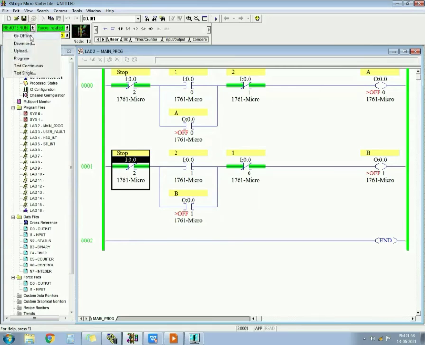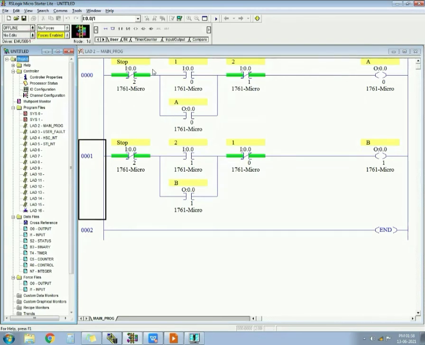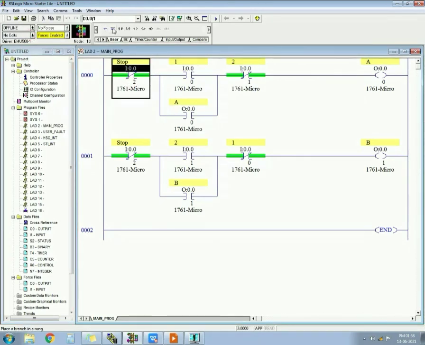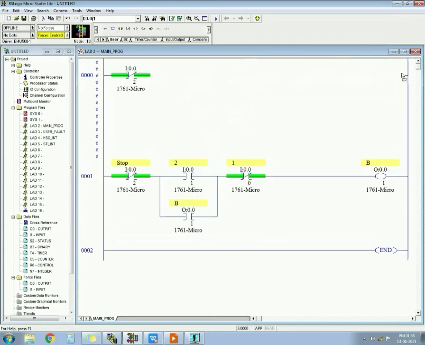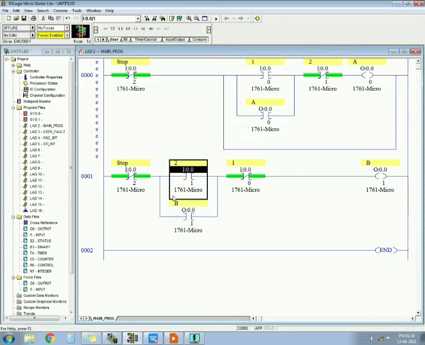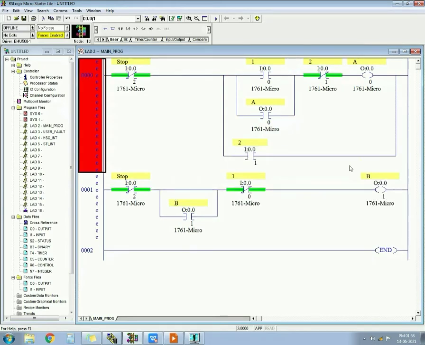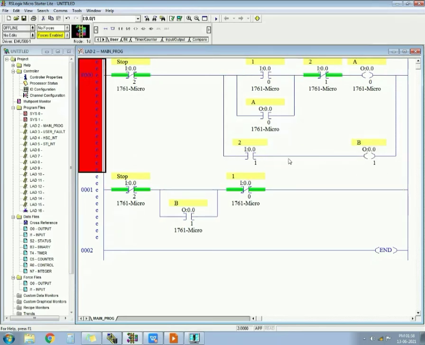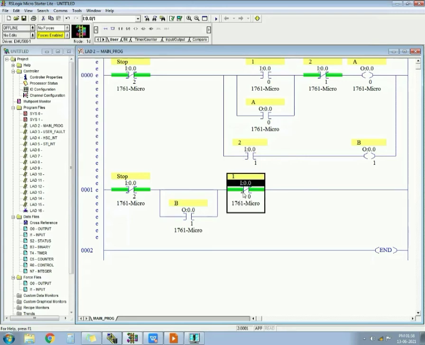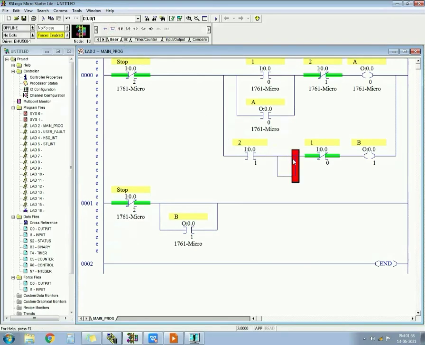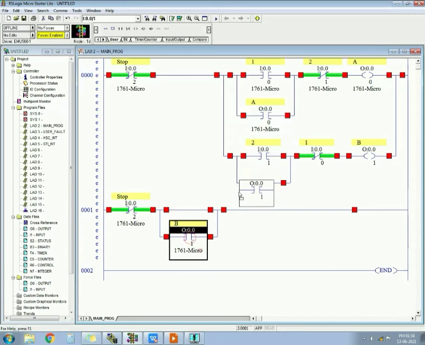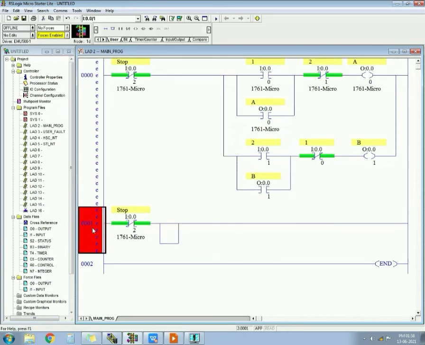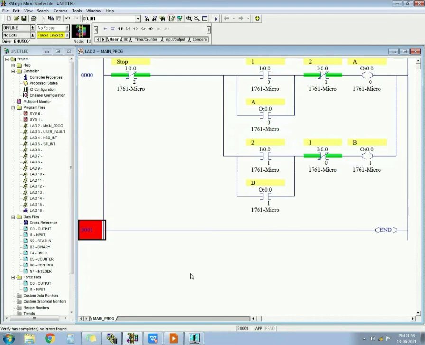I can also make it a little smaller by making it in one rung. So let's see how it can be made. As in the second question, you have to do it the same way. You have to place it here, because this will act as a second rung. So you can use it in parallel. Here this is also used. Here you have to make a parallel for latching. This is the output B. You can just delete this rung. Now your answer is here. Now you can download and check.